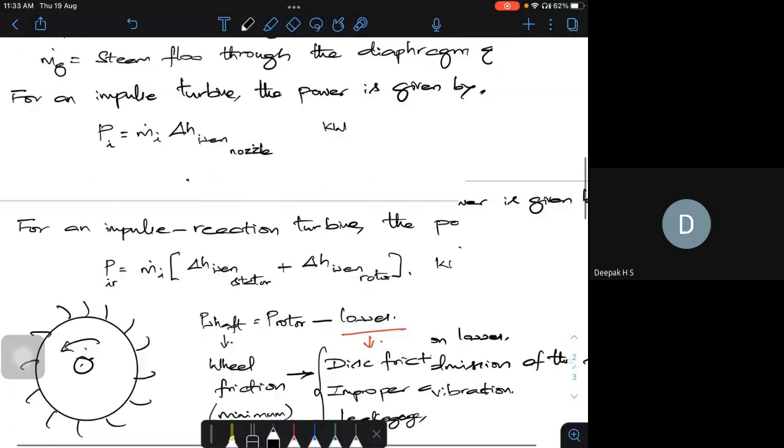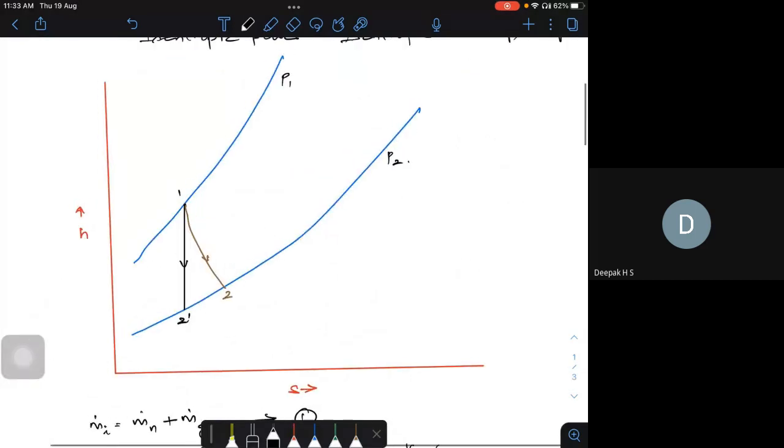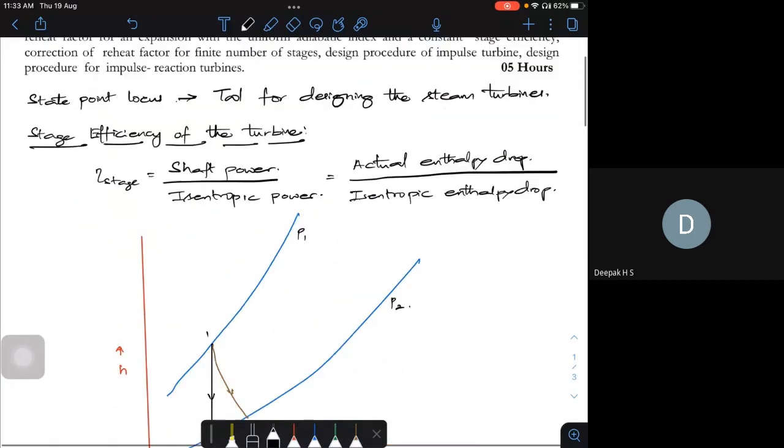Okay. Now, when I speak of the shaft power, it all depends on your expansion in your turbine, how you're going to expand it. When I'm trying to expand it, your blades have to be properly designed. Everything will drill down to the shape of your blade. Now, when I try to look at your HS diagram,